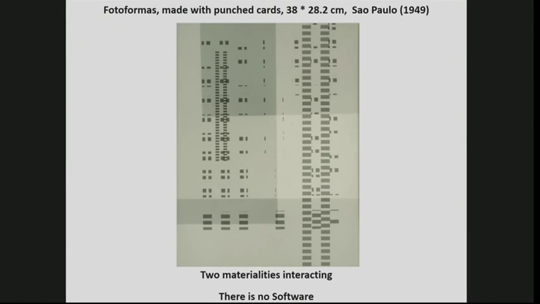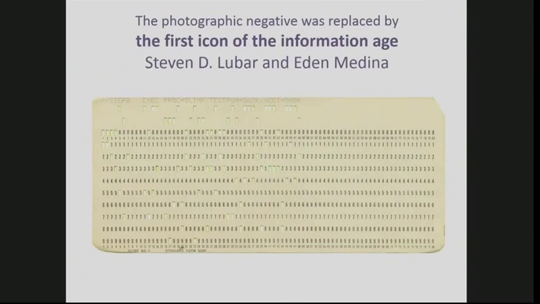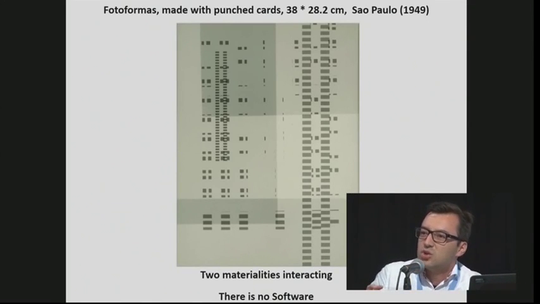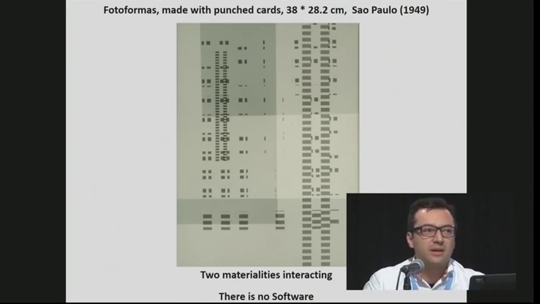So thinking of these intriguing examples of 2 materialities interacting, the photochemical stuff and the code that is somehow punching these cards, makes me think about how to tell this story, and how to embrace it theoretically. One of the things, materiality, is one thing that has been discussed in this conference in very interesting ways. And I think the first thing that comes to mind, when I see these physical supports of code, is the voice of Kittler coming to say, there is no software, right? There is no software, it's hardware. And we need to engage this materiality with the idea of software again, the hardware again.